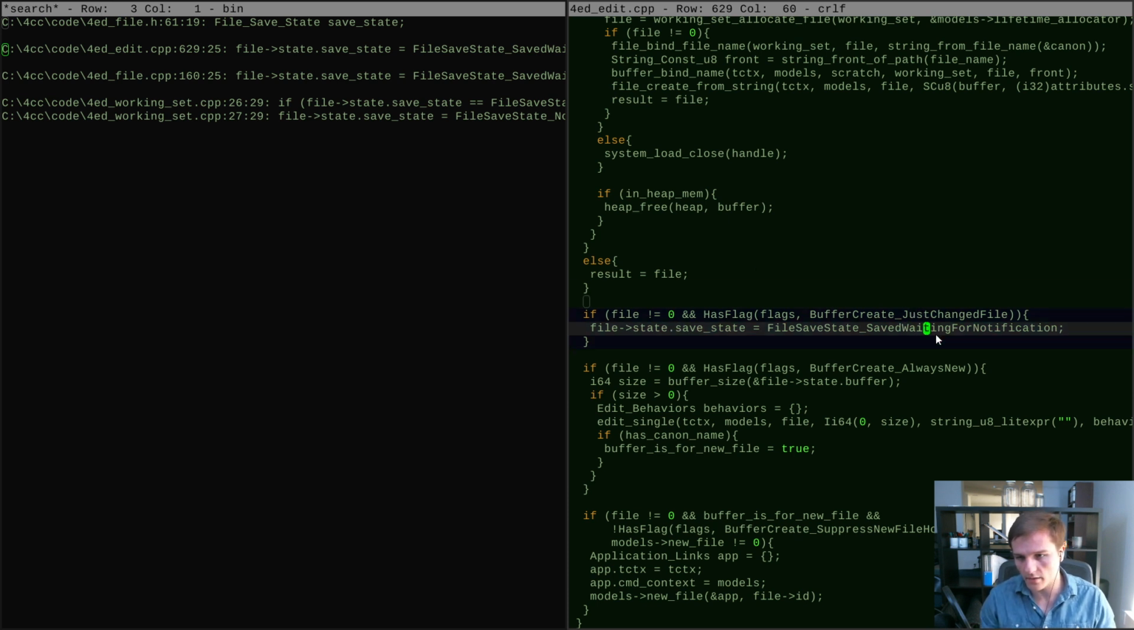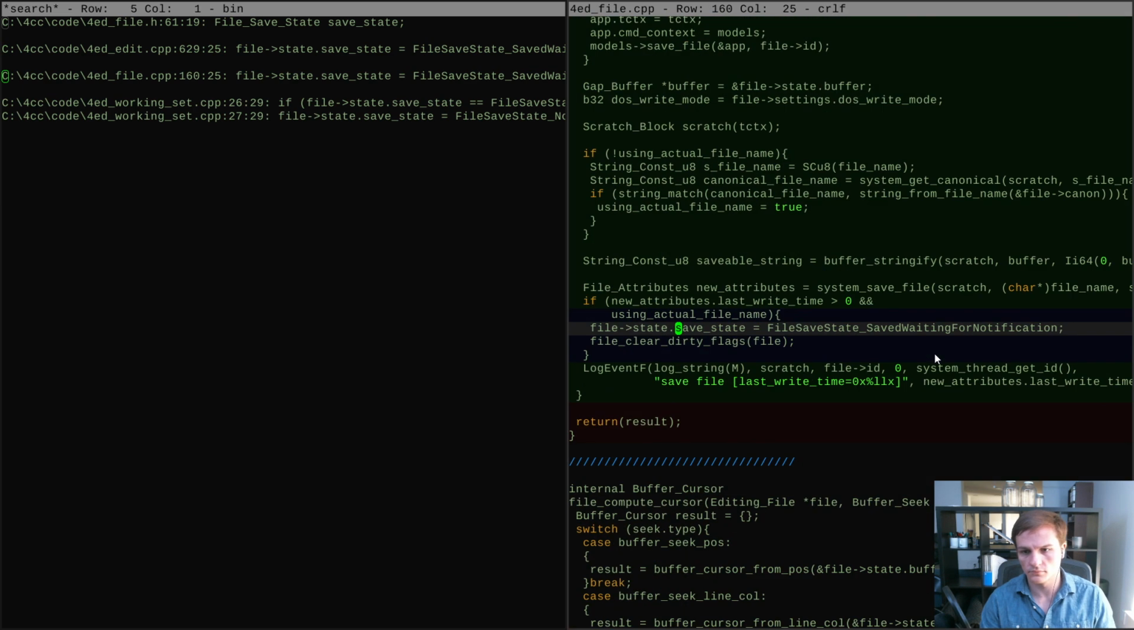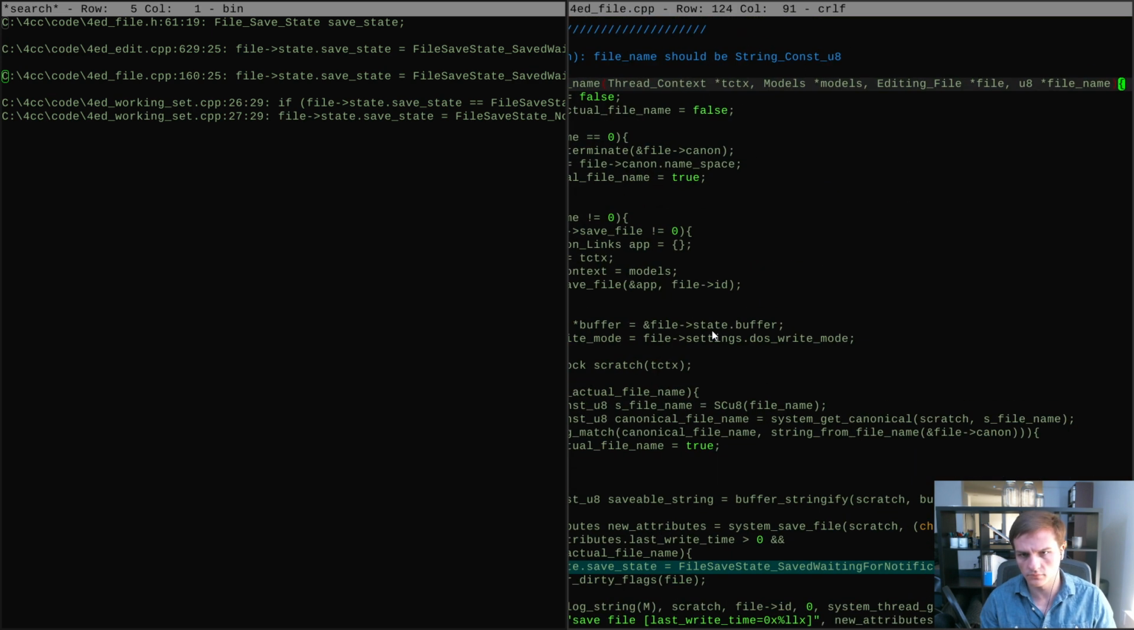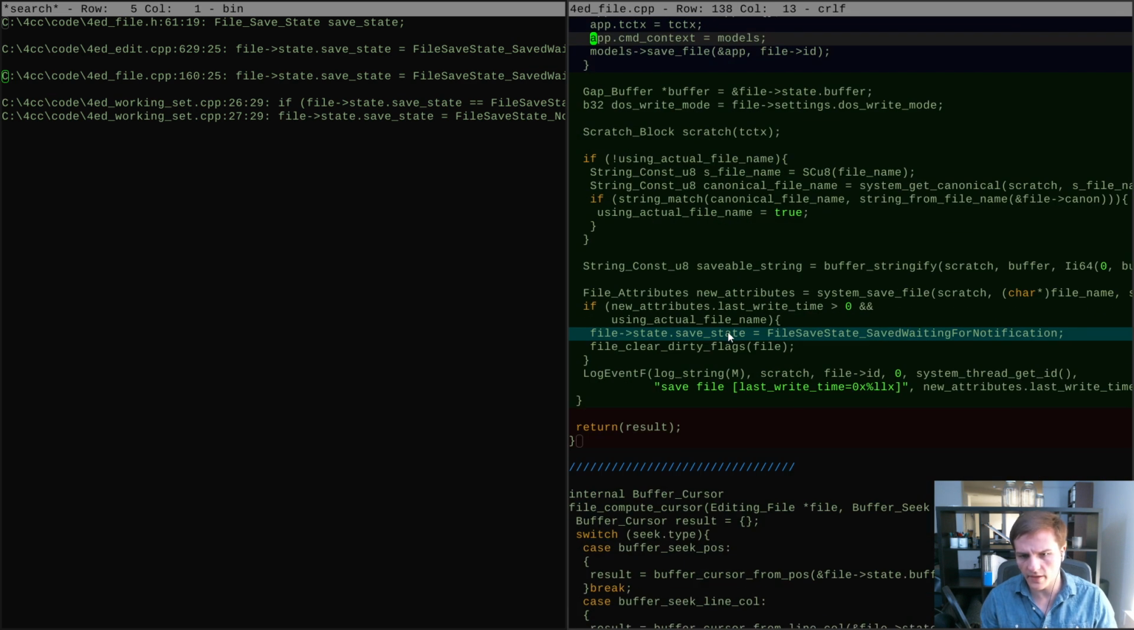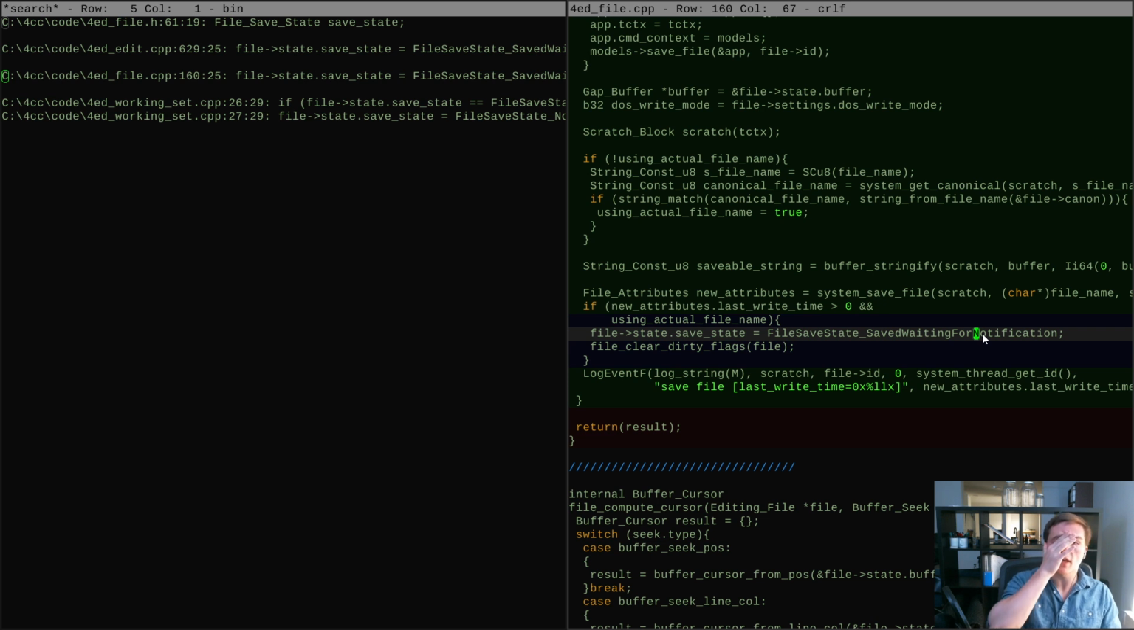This is some kind of hack. Save to file name, save state, clear dirty flags, saved waiting for notification. Okay, I think saved waiting for notification means we saved the file and we are expecting a file change notification from the disk, and that file change notification should actually be interpreted as getting us back into sync, because when